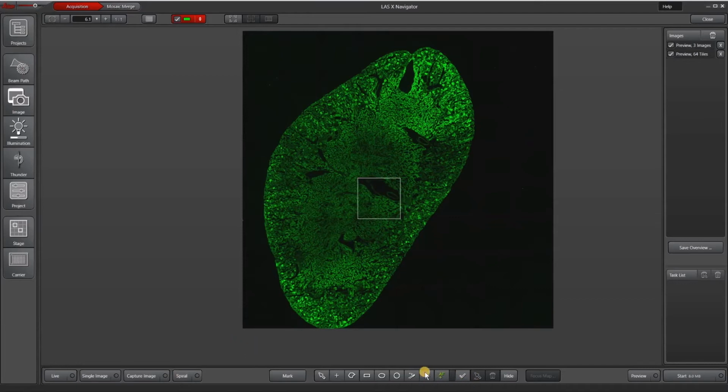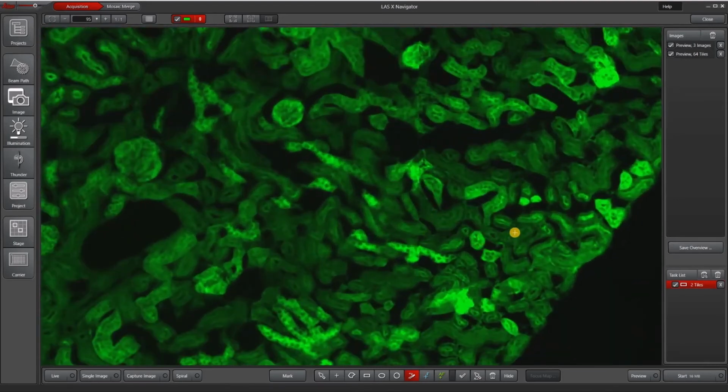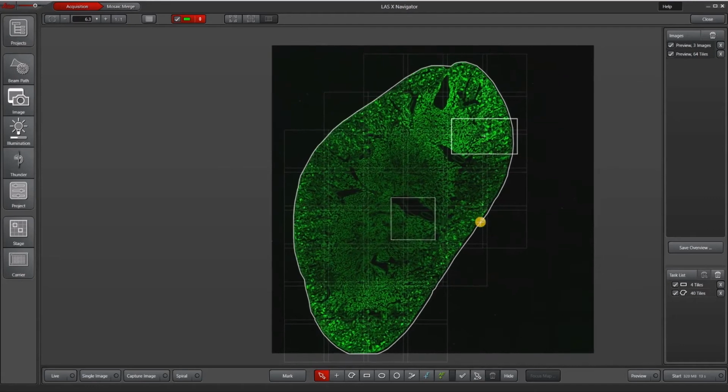So now that I have the entire kidney section previewed, let's get started with the tile scanning. We have a variety of tools to draw different shapes down at the bottom here. For instance, maybe I only want to acquire a small section of the cortex, and so I use my rectangle tool to draw a little rectangle up here. The other thing I can do is use the magic wand tool, which, if I have nice contrast in my sample, I can go ahead and zoom in a little bit. I like to make sure that I select a region that has some content, and then you can see that it did a nice job of picking up the outline of the kidney section.